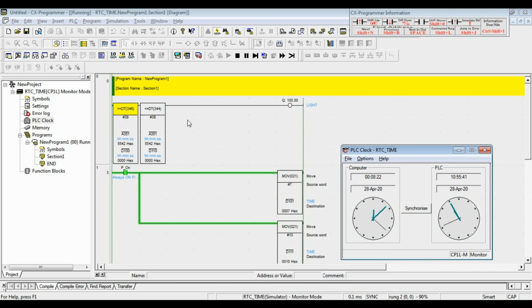It means the light will be on at 7 or after 7. So for the second instruction, you can see the symbol here, less than, equal. It means the light will be off before 10 or at 10.